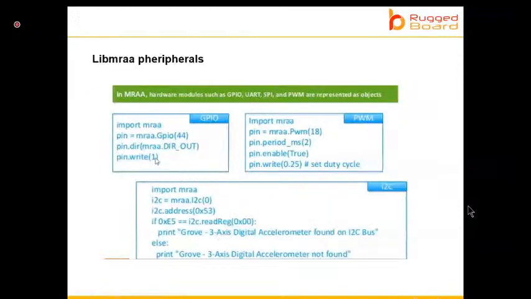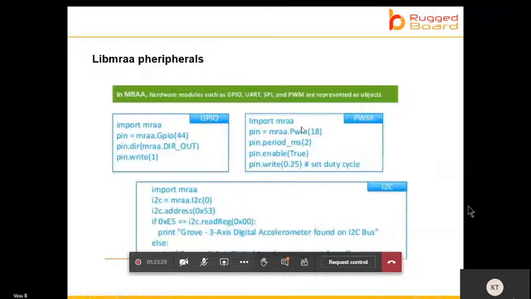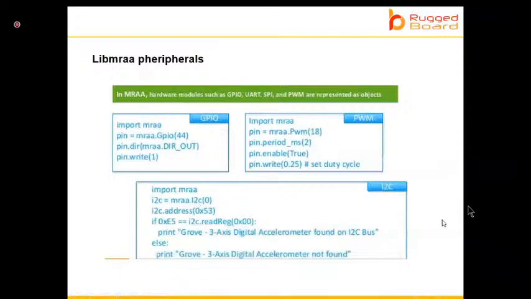People who are new to Python might have to learn a little bit of Python. In Python, MRA is the library which you import, and it has different classes. GPIO is one class, PWM is one class, I2C is another class, and SPI is also available.